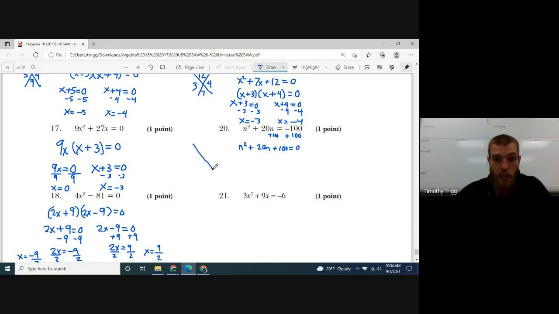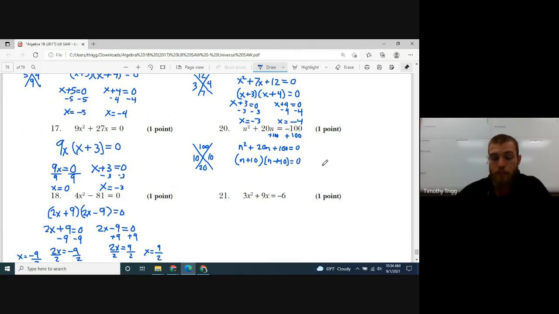Using our magic x here, we'd put the 100 on top, 20 on the bottom, and we're looking for two numbers that multiply to give me 100 and add up to give me 20. So hopefully you would see that this is 10 and 10. These multiply to 100 and they add up to 20. So our factors would be n plus 10 times another n plus 10